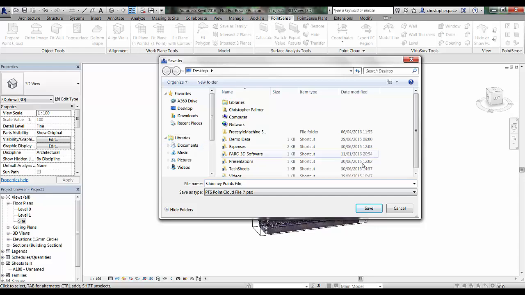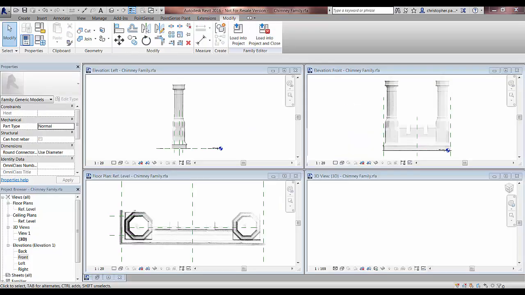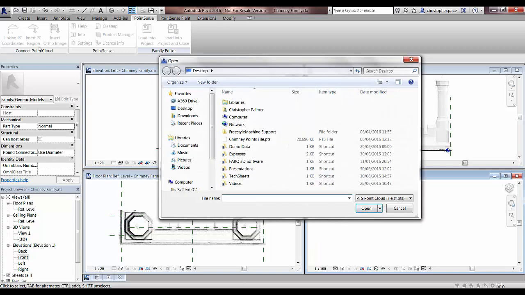Once we've done this, we will now be able to go back and open up our family template that we were working on previously, and we can have a look at how this displays in here. Obviously this 3D view is empty at the minute. So if we go back to the Pointsense tab and go Insert PC Region,